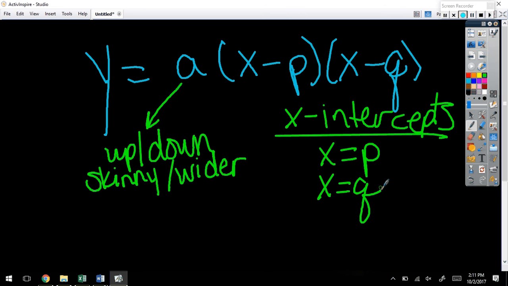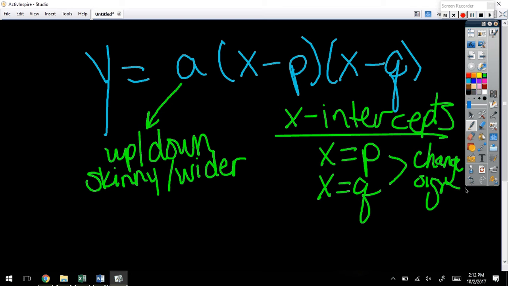The P and the Q are the x-intercepts, but you have to change the sign. Remember how whenever we solved, the signs changed on them around? You have to change those, but those are the intercepts, okay? So remember, how many points do we need to graph a parabola? 3. One of those 3 points has to be the